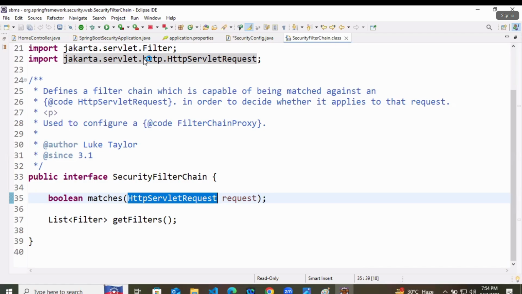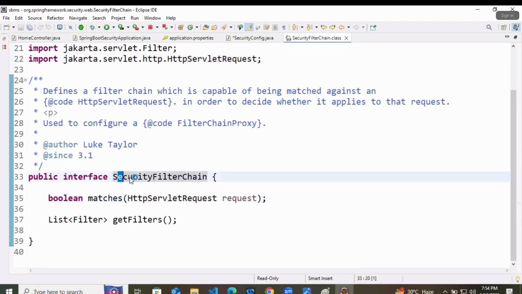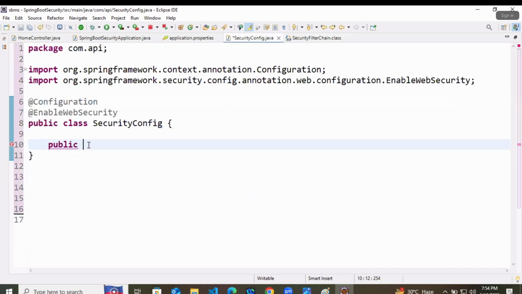This SecurityFilterChain is, you can say, a particular chain of security levels that we are going to use here. The method name will be filterChain.